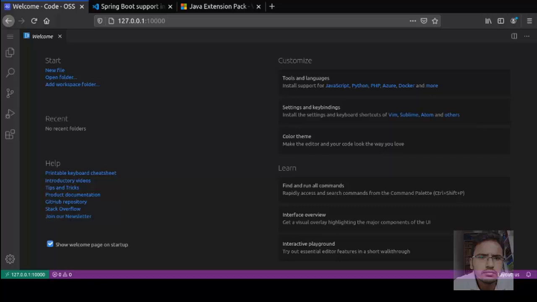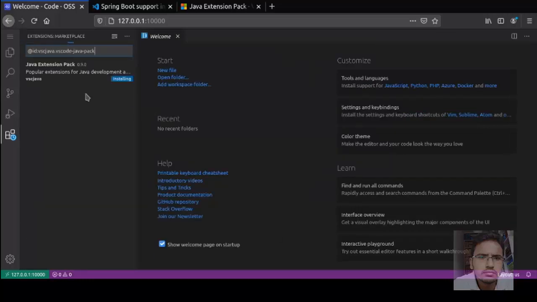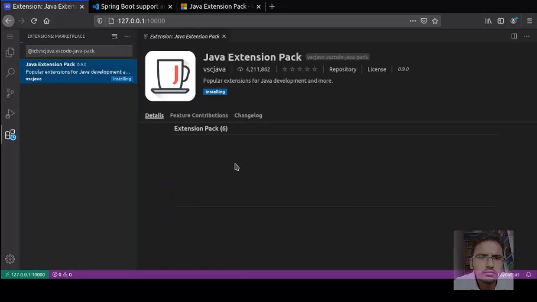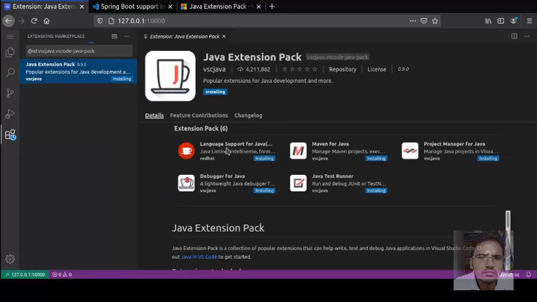Control P or Command P to open the command palette and paste the Java extension pack link. It is installing Java extension pack, which contains Red Hat Java language support, Maven for Java, Project Manager for Java, Debugger, and Java Test Runner. These extensions will be installed with the help of Java extension pack in Visual Studio Code.